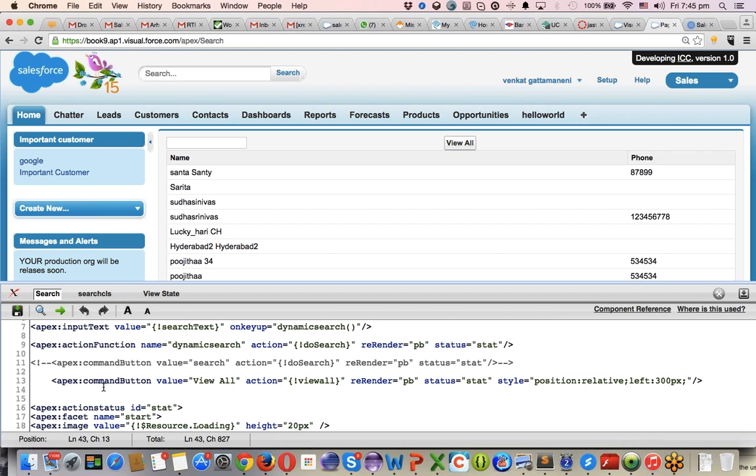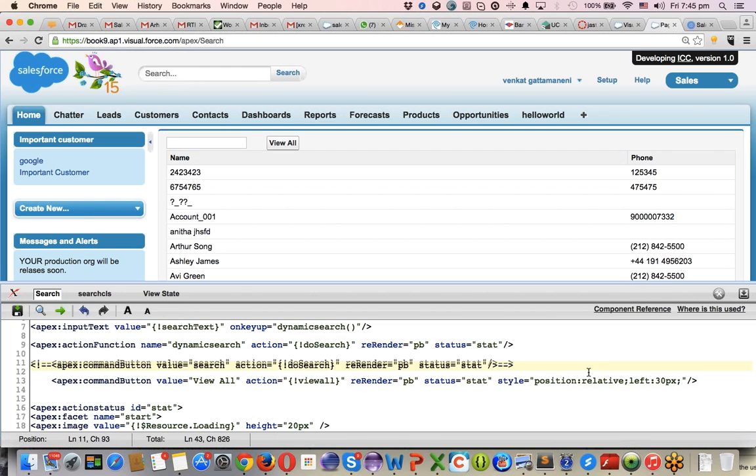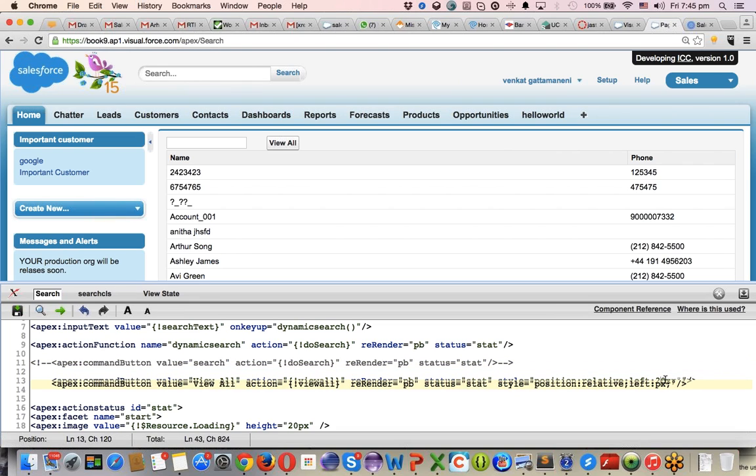If you see in the command tag, there is an attribute called style, and I'm passing these values: position equal to relative, left is 300 pixels. If I'm using 30 pixels, what happens? The view all button will move towards the left side, because from the left side I added 30 pixels now. If I add 200 pixels, it comes somewhere in the middle, under product or under forecasting. See,